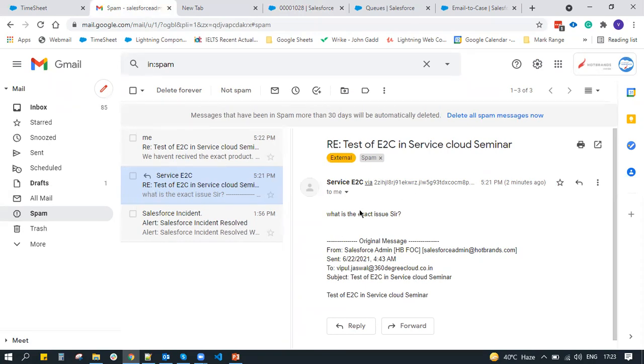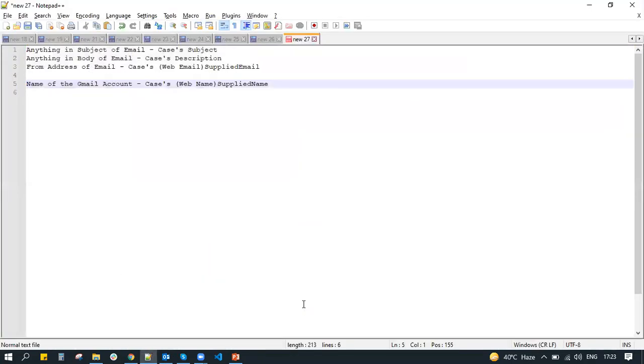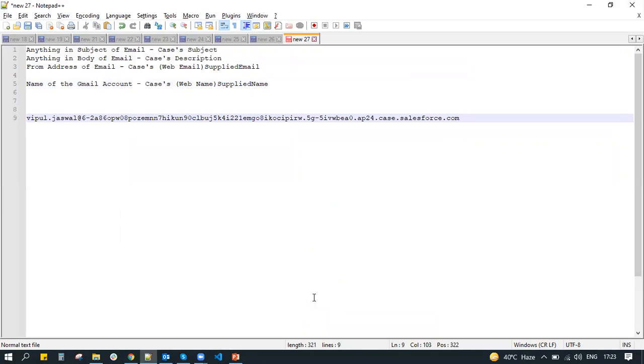But right now, if you have noticed, I sent the email as a customer to this long address, but being a customer, I'm not able to remember this particular address. So what does the business point of view say?